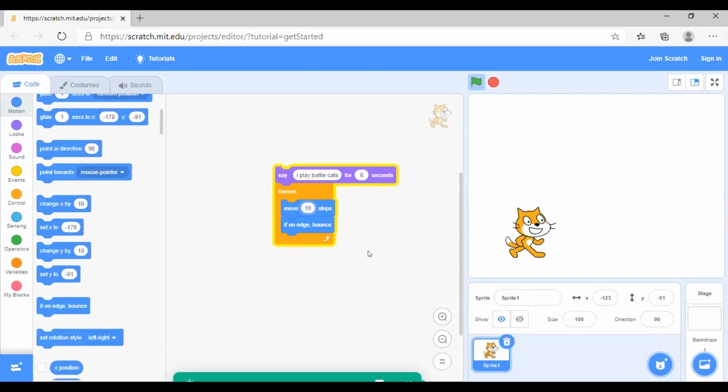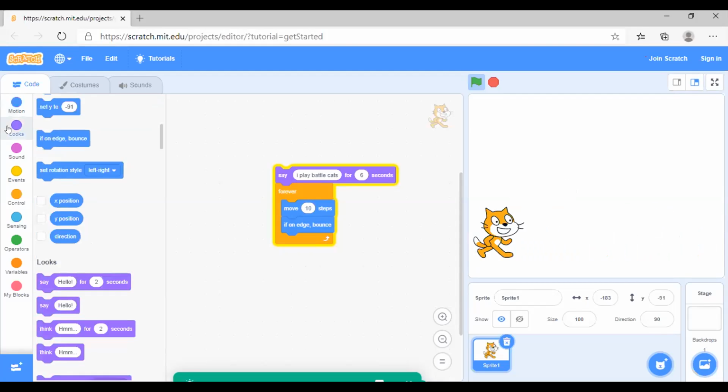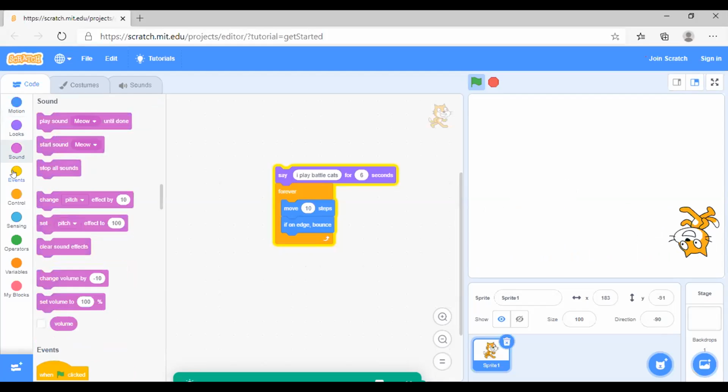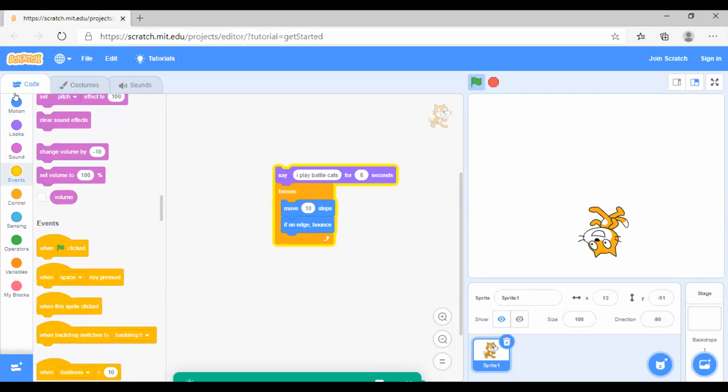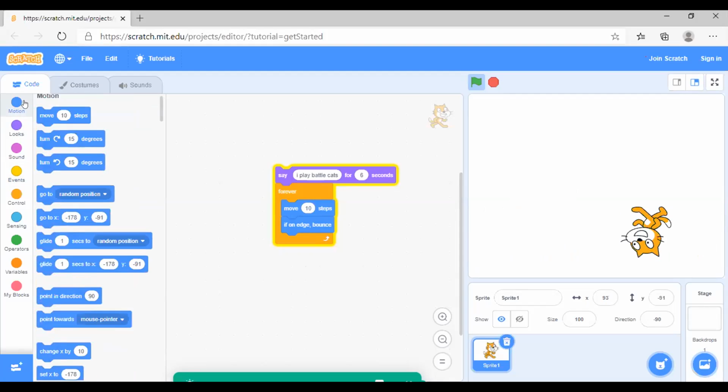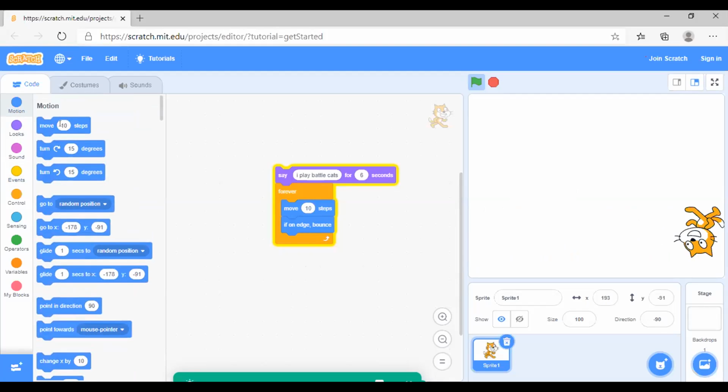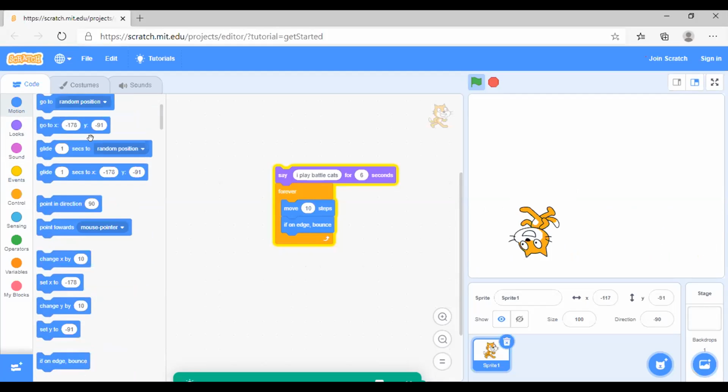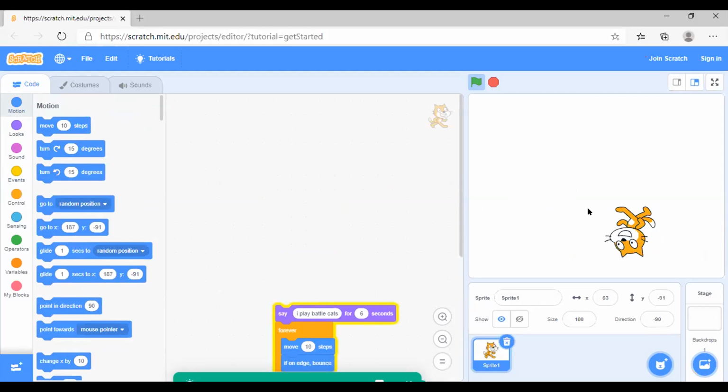Now let me go to Arav's screen. Arav, if you can share. Rohan, you have to stop sharing so that Arav can share.